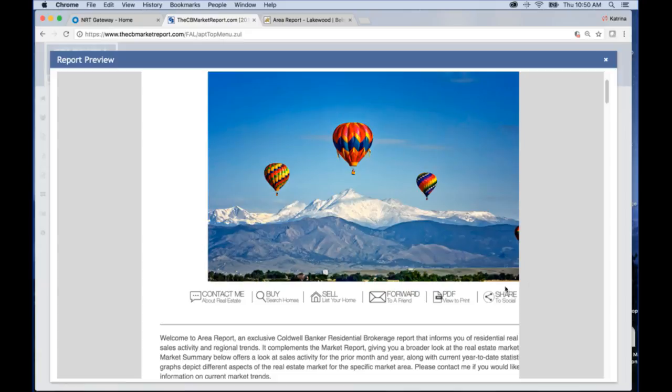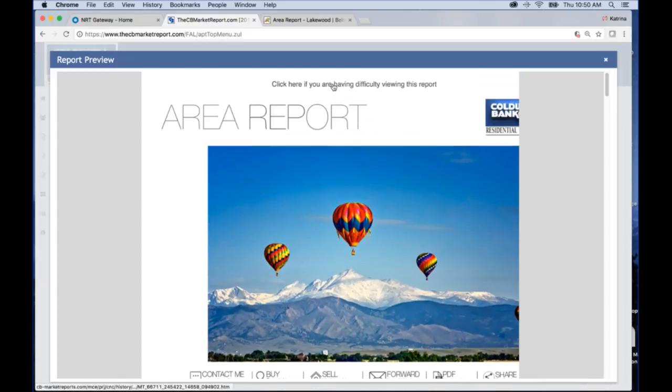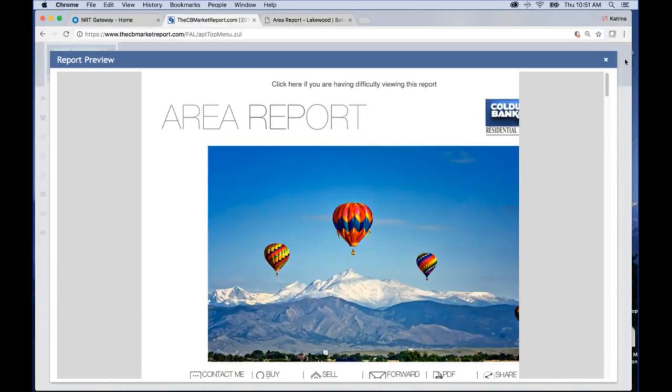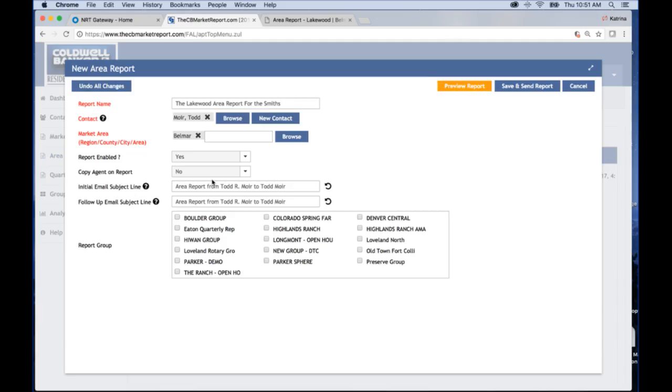You'll notice the share social media. Do not use that to share this on social media. Instead, click on the "Are you having difficulty viewing this report" link, just like the previous one that I showed you, and copy paste this link into your social media. Don't use the share to social because it's a third party that's posting for you and it says add this, just share your report, and you don't want that. You want to make sure it's your own personal custom report that you have directly posted to social media as you like. All right, so that's the area report,